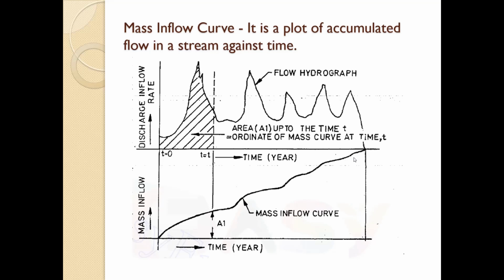The mass curve may also be called the ripple diagram, and the slope of the mass curve at any time is a measure of the inflow rate at that time. After the inflow mass curve has been plotted, the mass curve of demand may also be plotted by accumulating the required outflow. If a constant rate of withdrawal is required from the reservoir, the mass curve of demand will be a straight line having a slope equal to the demand rate.